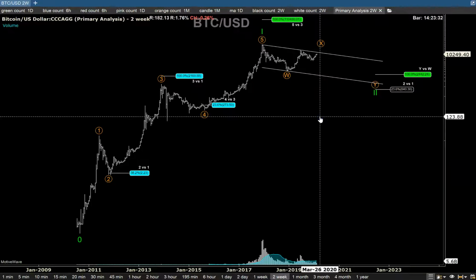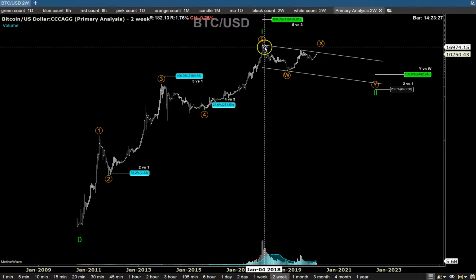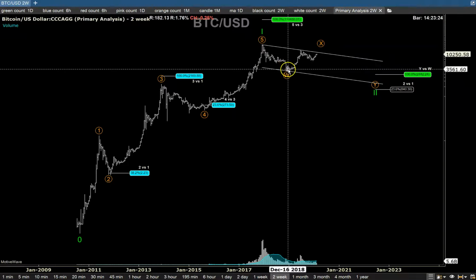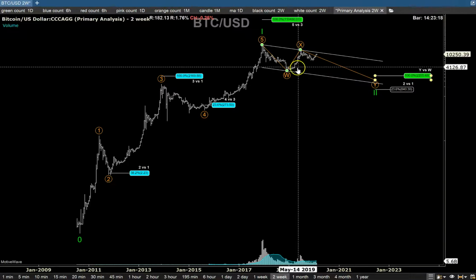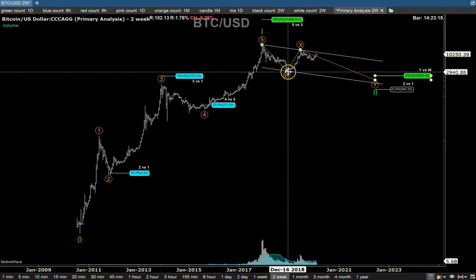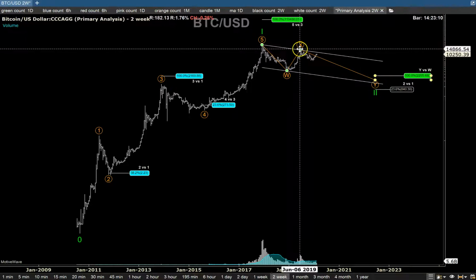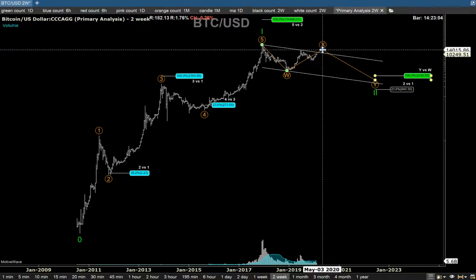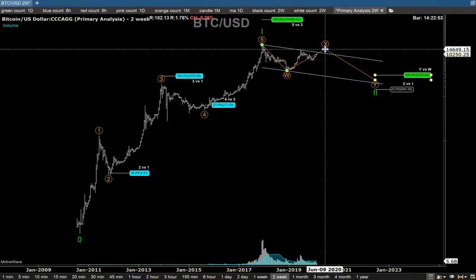Now here is what needs to happen for this to become corrective. You've done a wave W down because this is an A, triangle B down in C, and you completed W. Now, is this the X wave? Okay, for me it's a little bit of a problem because this looks like an impulsive 5 wave move, and an X wave needs to be in 3 waves. Okay, so if it's not an X wave, we need to make a new high above 14,000 to satisfy the requirement for an X wave, so we need to take out 14,000 just by a little bit. Okay, you can go 15, you can go 16,000, stay below 20, and do an X wave, okay, and then